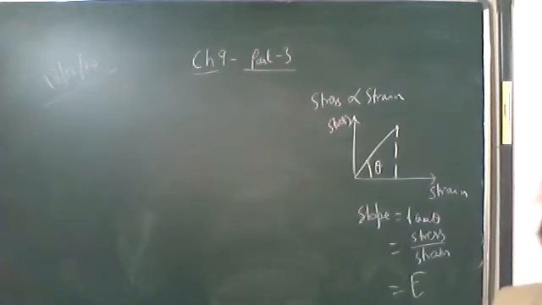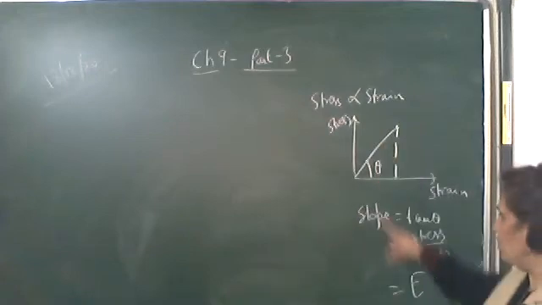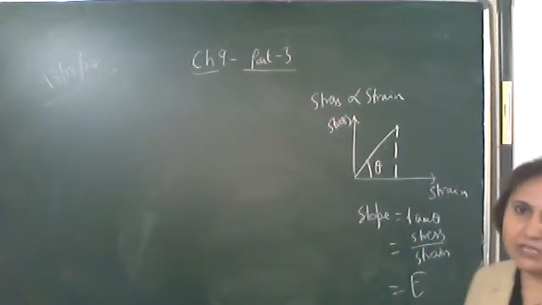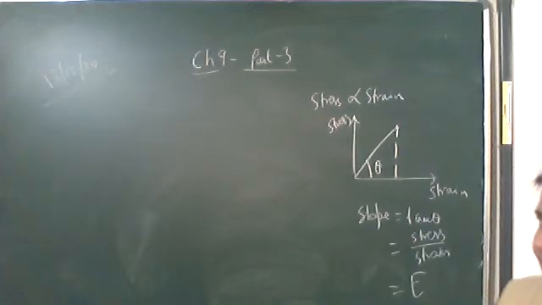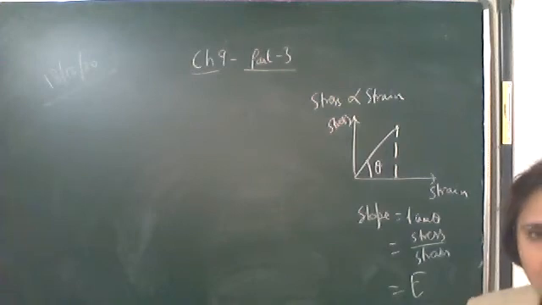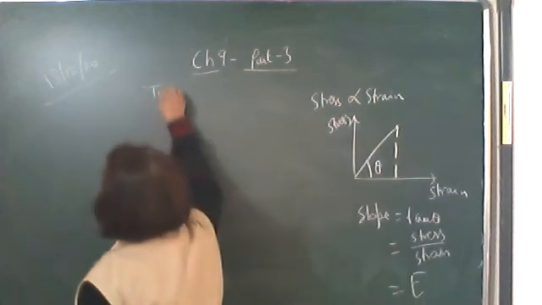Okay, so you may note it down: stress is directly proportional to strain. So the graph is as shown, and the slope of the line is giving the modulus of elasticity, or vice versa, the modulus of elasticity is given by the slope of the line. And slope, how do we find out? Tan theta. Complete any one triangle, stress upon strain, and we know that stress upon strain is modulus of elasticity.